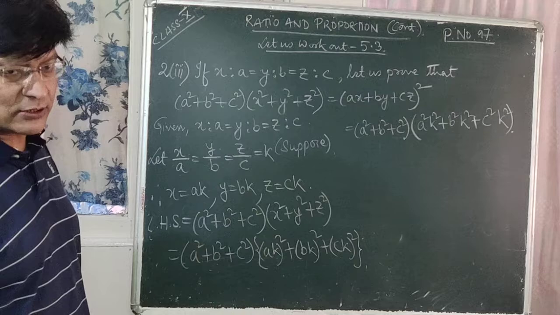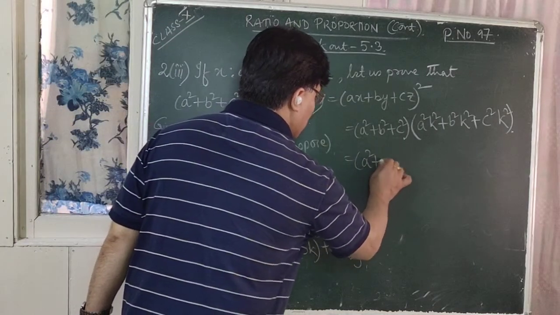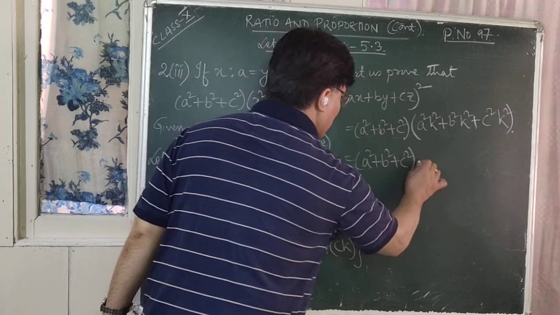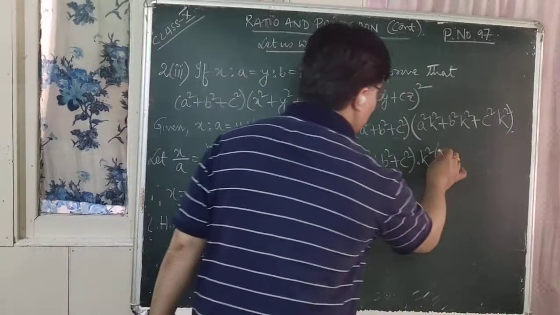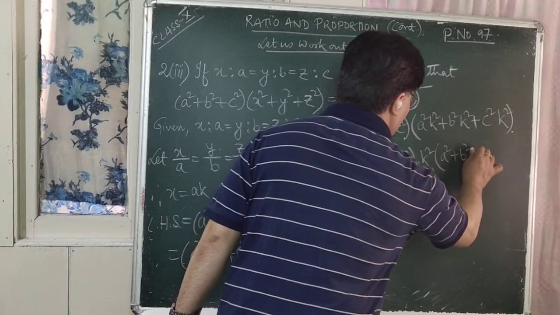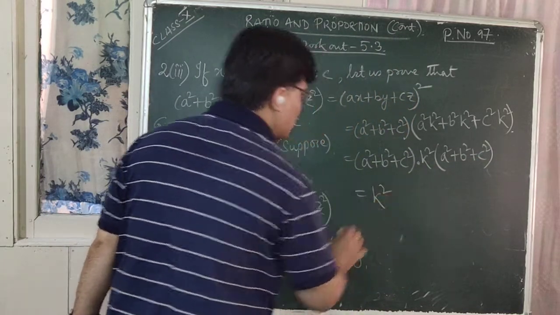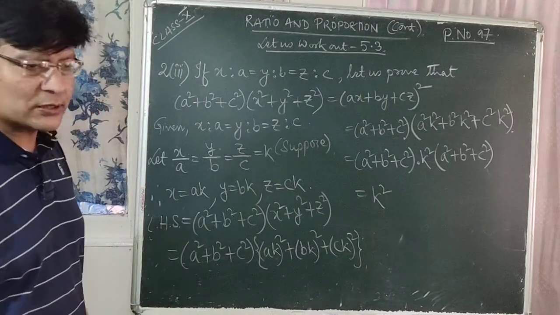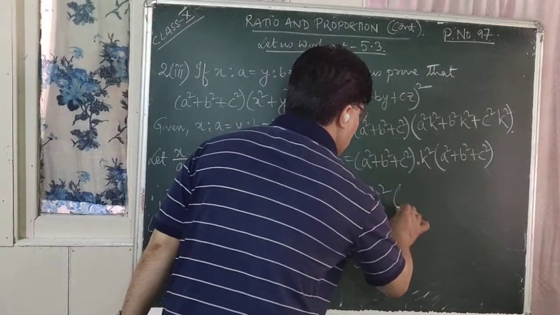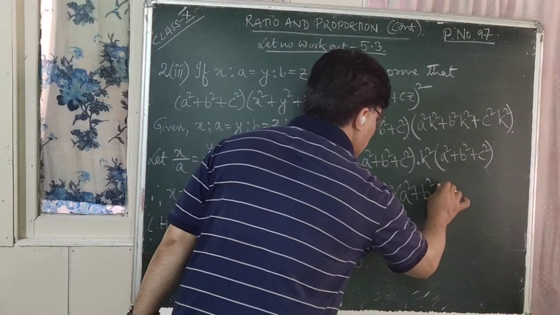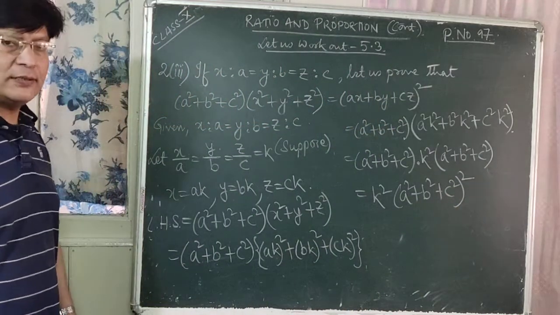So from the second factor you can take common out there. What is common? K square. So which is equal to a square plus b square plus c square into k square taken common out here. So it is a square plus b square plus c square, right? So k square is taken outside. And what is the product of a square plus b square plus c square into a square plus b square plus c square? It is a square plus b square plus c square whole square. So this is your left hand side.